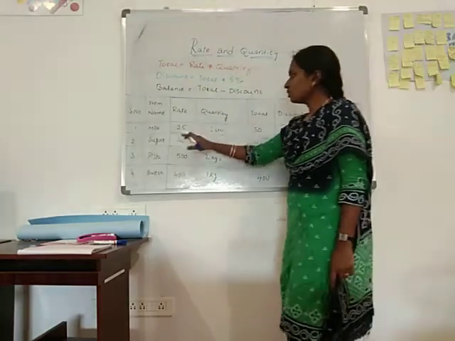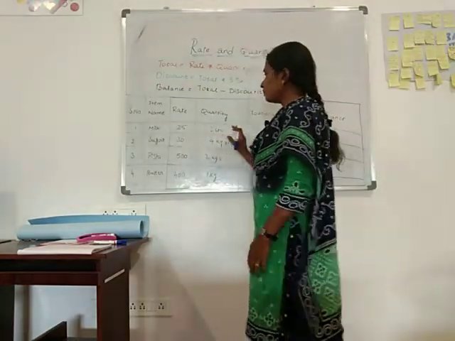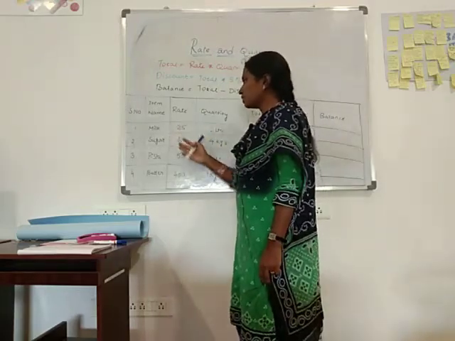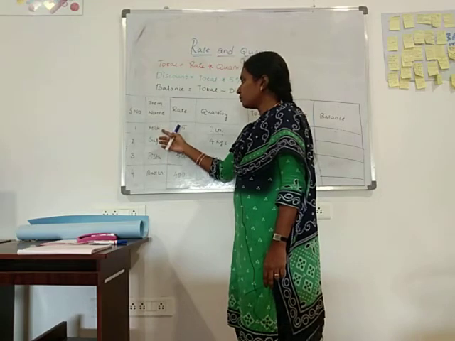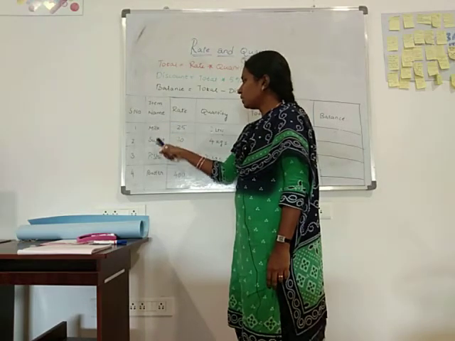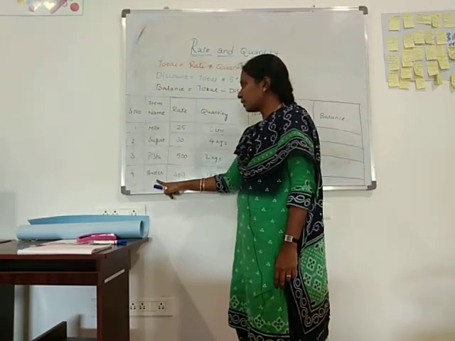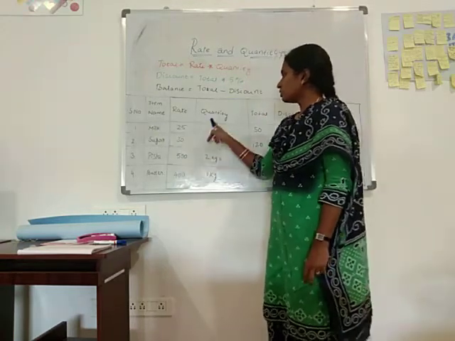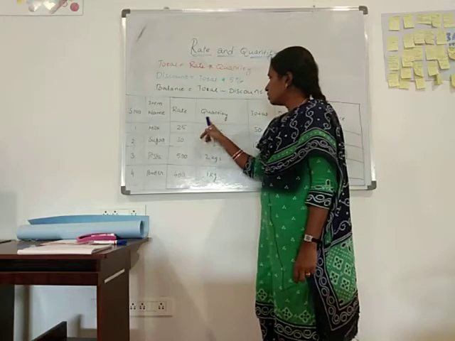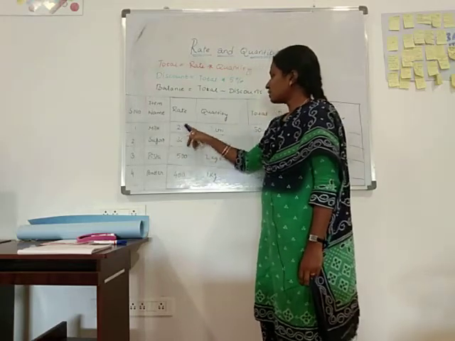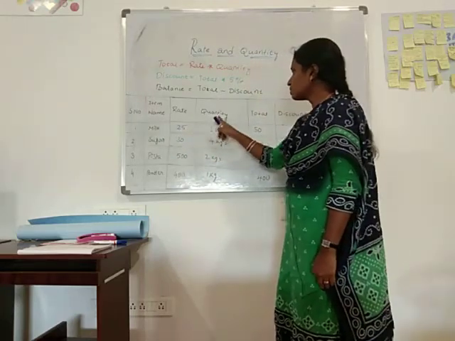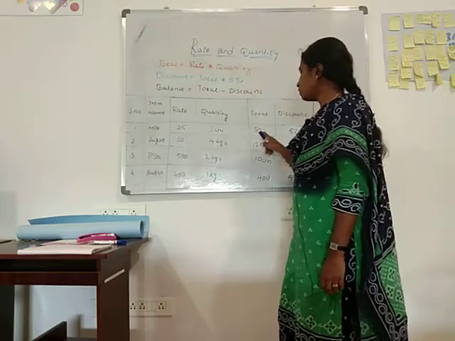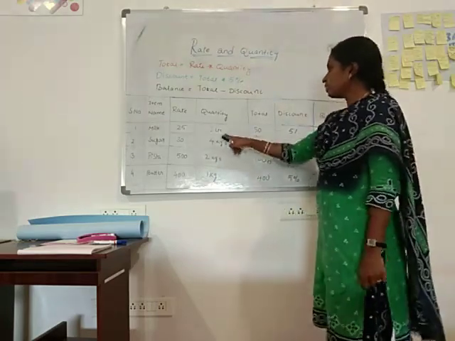Each row has a different product, and each product has a different rate. See here, the items are milk, sugar, pista and butter. So different products have different rates. Milk's actual price is 25 rupees. So we want 2 liters of milk packets, that is 25 into 2, we will get